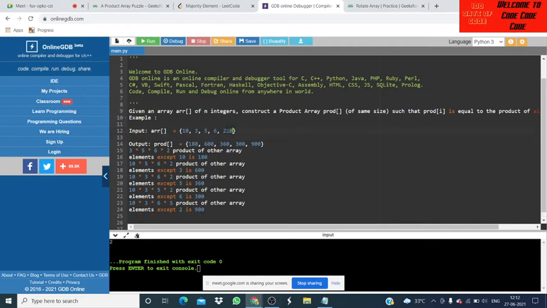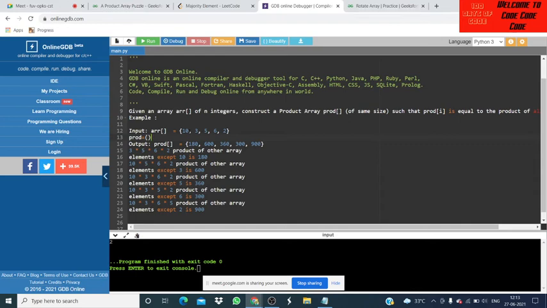If we calculate the product of the whole given array: 10 into 3 is 30, 30 into 5 is 150, 150 into 6 is 900, 900 into 2 is 1800. We do not have to use the divide operator, right? Yeah, that is the main condition that I haven't mentioned yet. If we calculate all the product and divide, we get the answer, but here we can't use divide.